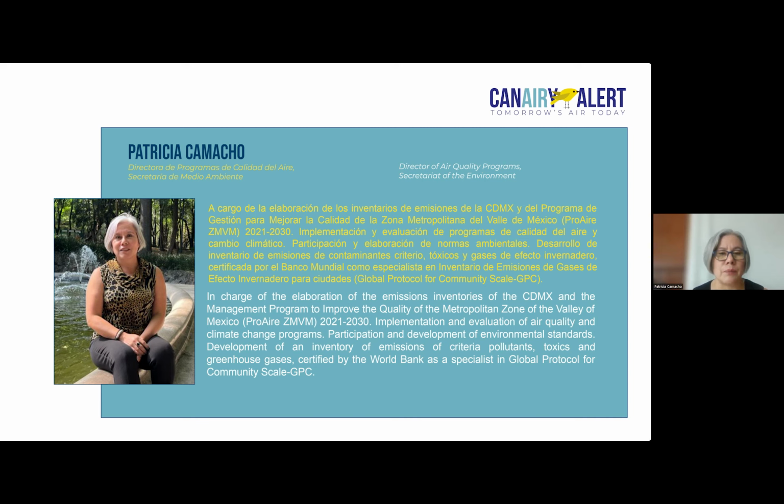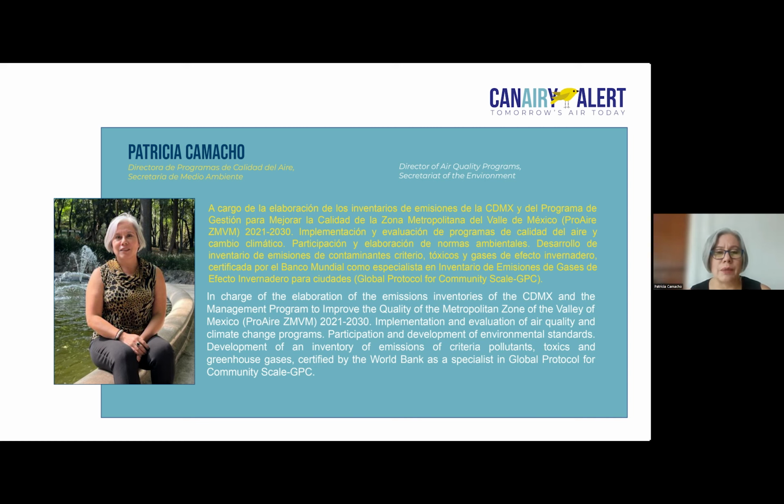Another advantage is that we have a team that has lasted throughout time. Of course, there have been changes, but the heads of our teams remain, and they are the ones who allow the coordination for calculation of the inventory. And I think that's another gap that happens in other cities and other states, that the teams in charge of calculating emissions change constantly. So you train someone and then they go away and then someone new comes in and you need to train them again. And we should strive for having staff that remains for longer.